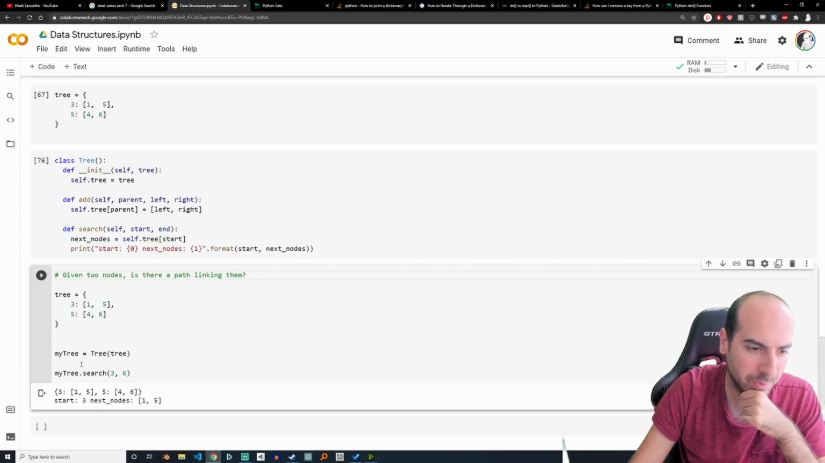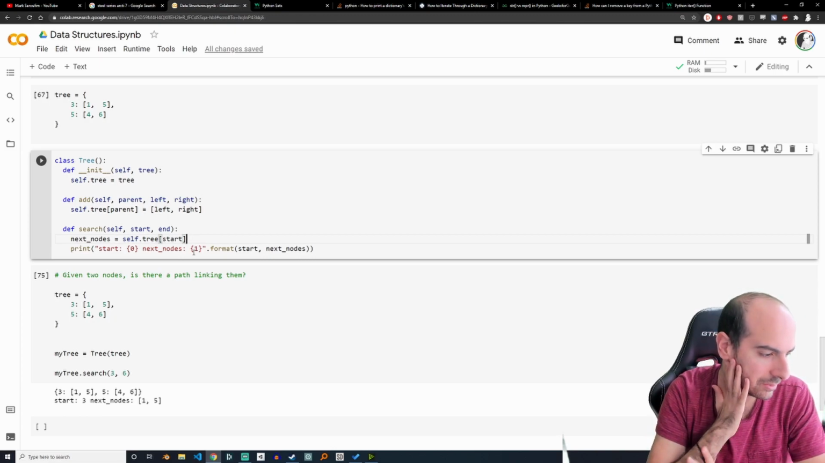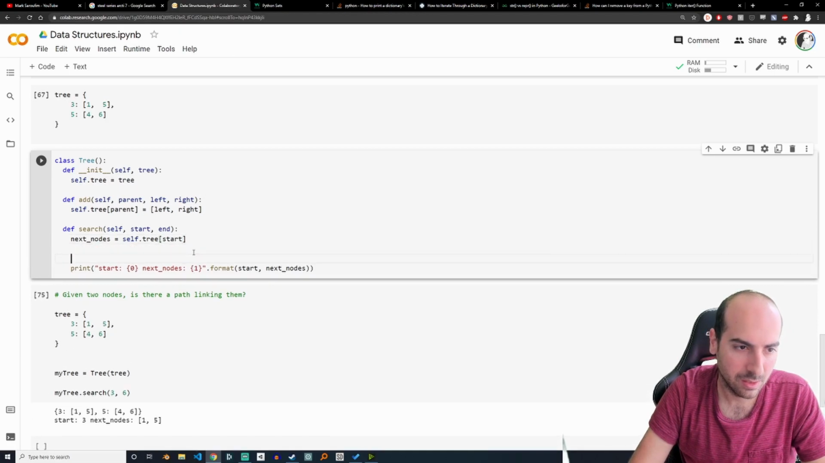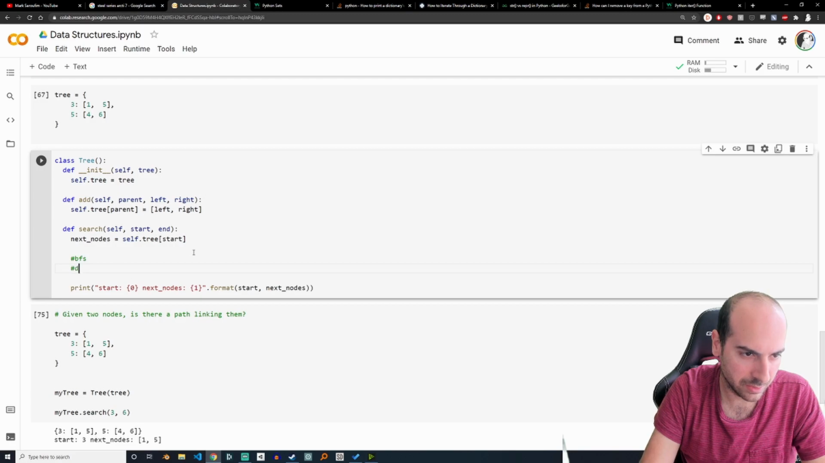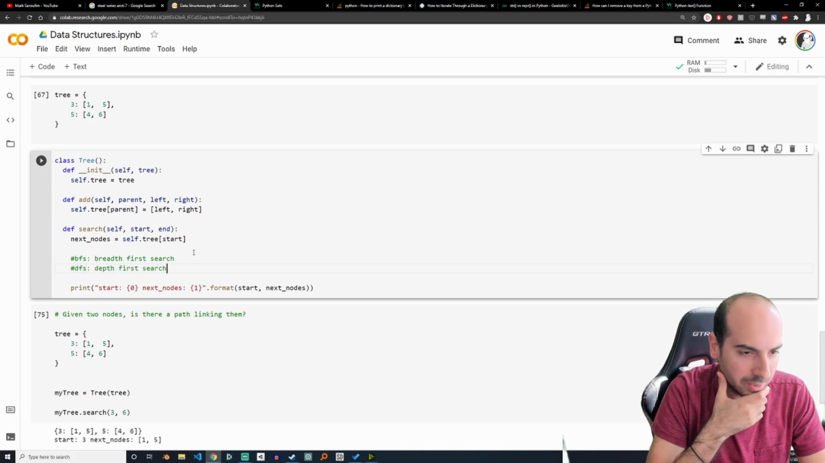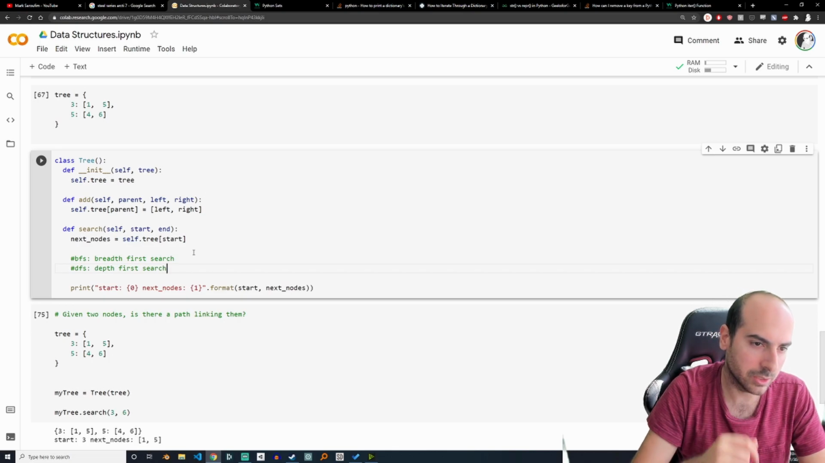So we have these candidates now for next nodes, right? So what do we do with these? So remember, there's sort of two ways of searching. One is BFS and one is DFS. So this is breadth first search, and this is depth first search. The reason these matter is because we want to put these nodes in a queue or dictionary. So we're gonna initialize, let's say, our queue,